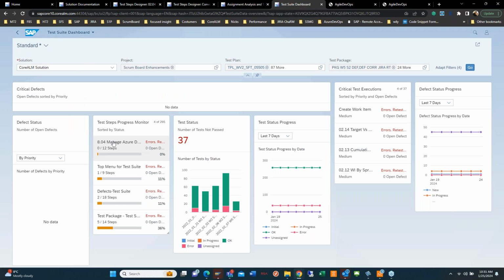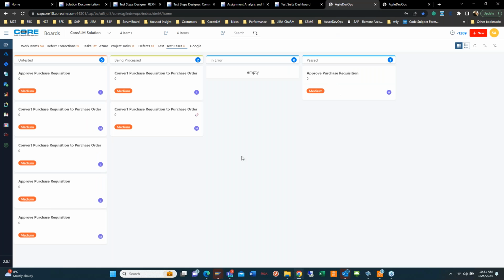We just go quickly to the dashboard. So this is how the dashboard looks with the standard focus build test suite dashboard. We also now have the suite analytics, so we see all different types of analytics that come out of SolMan. And if I go to the CoreALM Scrum board to see where the test cases are and in what statuses,